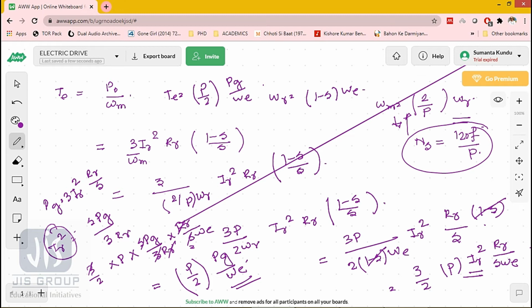This gives the indication that torque can be calculated from the air gap power if we know the stator frequency, because this is the stator frequency related term. This power Pg is often defined as torque in synchronous watt. Here the unit is synchronous watt of torque, and another unit is Newton meter. So here we have assumed synchronous watt. Okay, so again, neglecting the core loss.